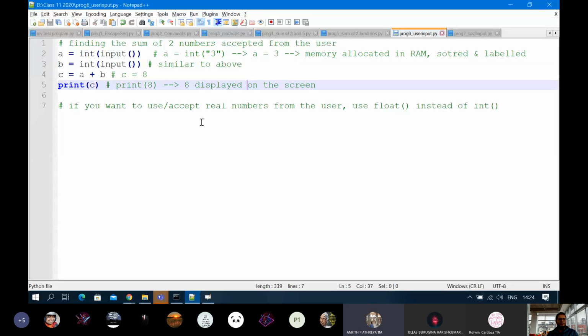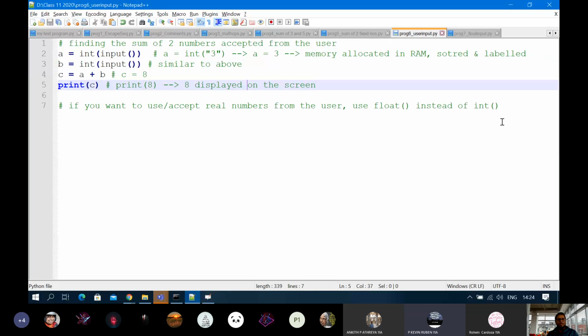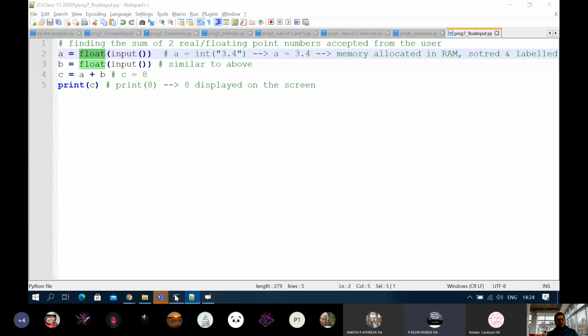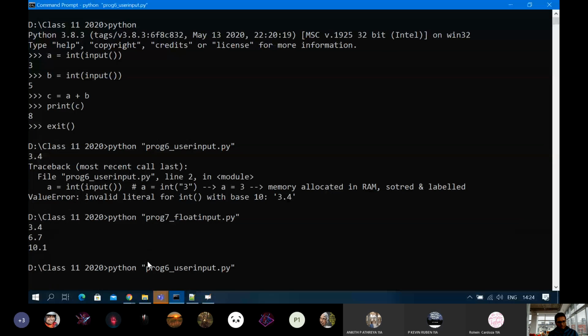Yes, sir. If we apply float function and if we give a real number, then no problem. I mean, if we apply the float function to an integer? हाँ check it out. मैं उससे पहले वाला execute कर देता हूँ. वही तो किया था, एरर दिया था ना, देखो यहाँ पे.